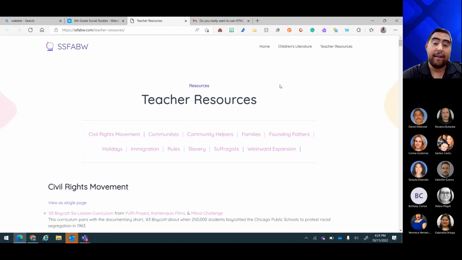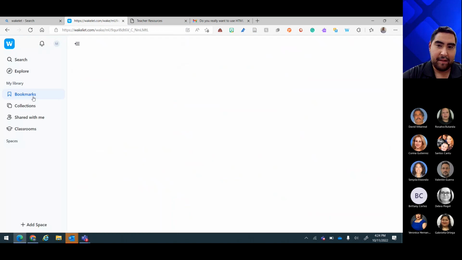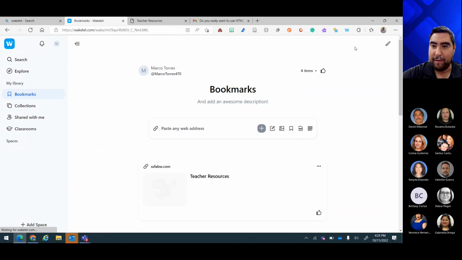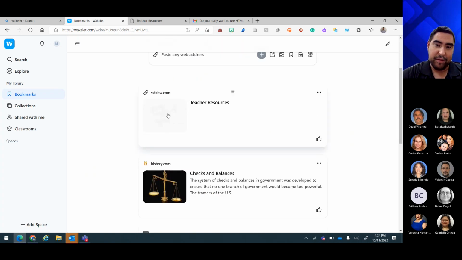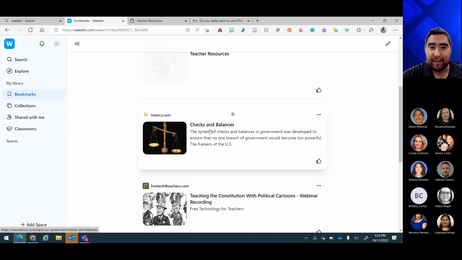So now that I added it to my bookmarks, if I go back to Wakelet, like right here, and I go to bookmarks, you'll see that the resource that we were just at is now here. It was called Teacher Resources, and that's the link. There's some other stuff that I was going through earlier, like checks and balances. So I really like that link, so I saved it as well. And the cool thing is these save, and you can put them into your